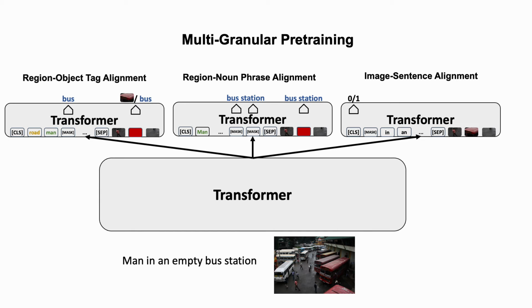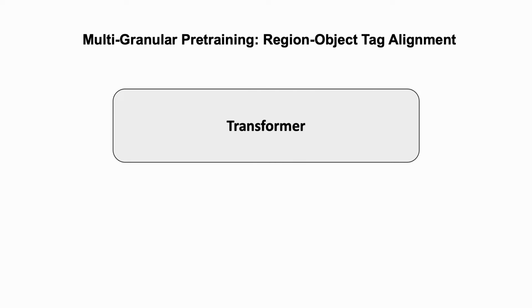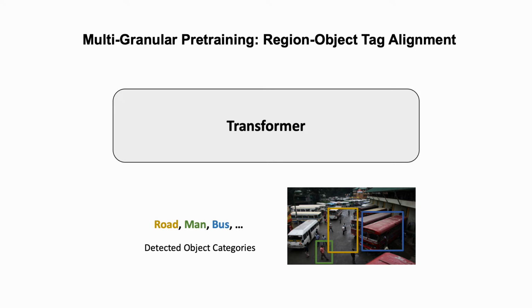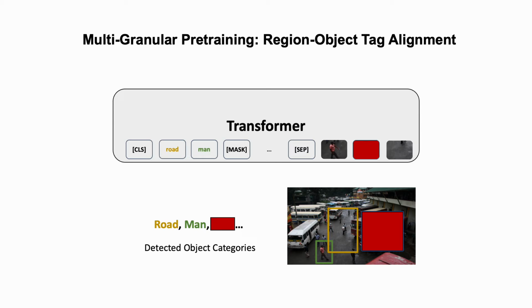Next, we pre-train our model to capture multi-granular cross-modal alignment from this formed weakly aligned data with three types of training. First, we propose to align object tags onto the image regions. We pass a pair of detected object lists from the object detector and the source image to the model. Then we randomly mask out object tags or the detected object regions, and apply masked language modeling and masked region modeling objectives to teach the model how to interpret the masked concept from the context of its counter modality.